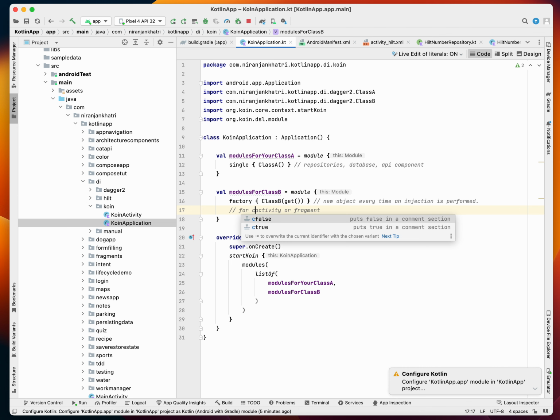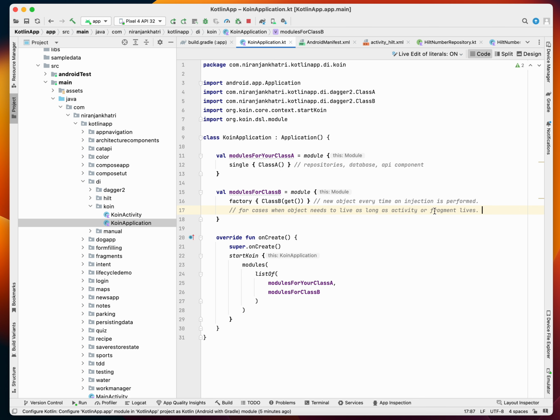So for cases when an object needs to live as long as the activity and fragment lives, this is useful for this kind of scenario. The dependency can be injected using the inject method or the get method, as you can see here. I'm injecting this by using the get method,